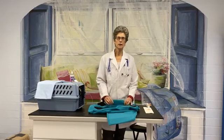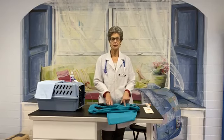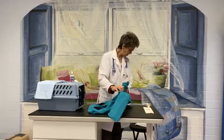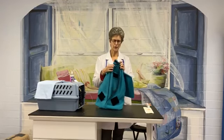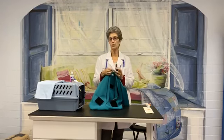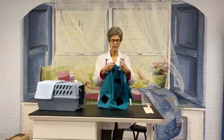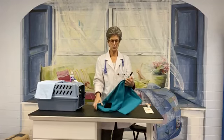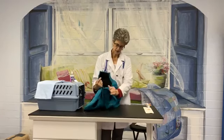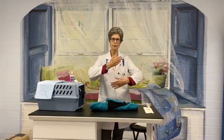Today I'm going to be demonstrating and reviewing this product. It is called the Calm and Cozy Cat Wrap. It's kind of a combination of what we would normally call the cat bag, a sack that goes around the cat's body and they're zipped up in. But it's made of fleece and it has these extra wraps that go around to wrap and swaddle